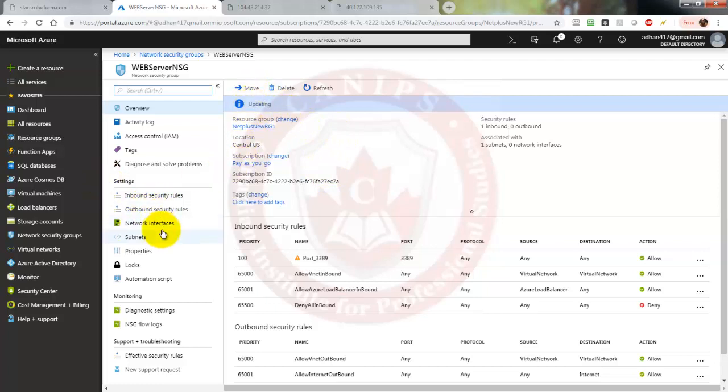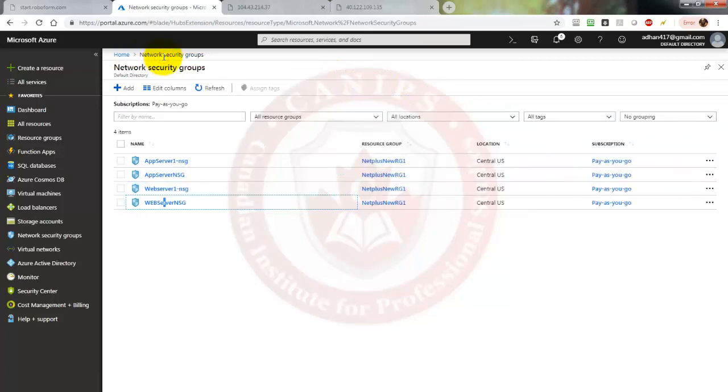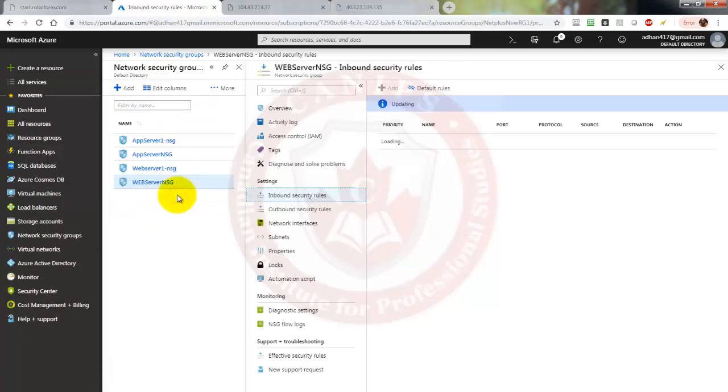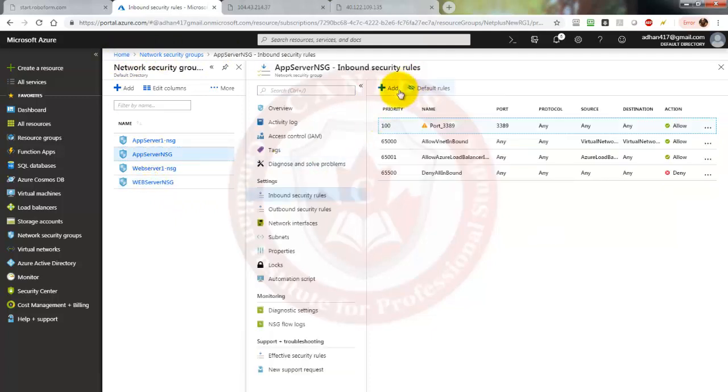So here you can go to inbound security rules and then add another port. I think this is being updated, so I'm still here and it's already updated though. Oh, it is updating. So as soon as the rule is updated, it will let us add any new rules. So I'm gonna go back here and refresh. So it's refreshed, and go back to the web server, go to inbound rules. It is still being updated, and in the app server I can go ahead and